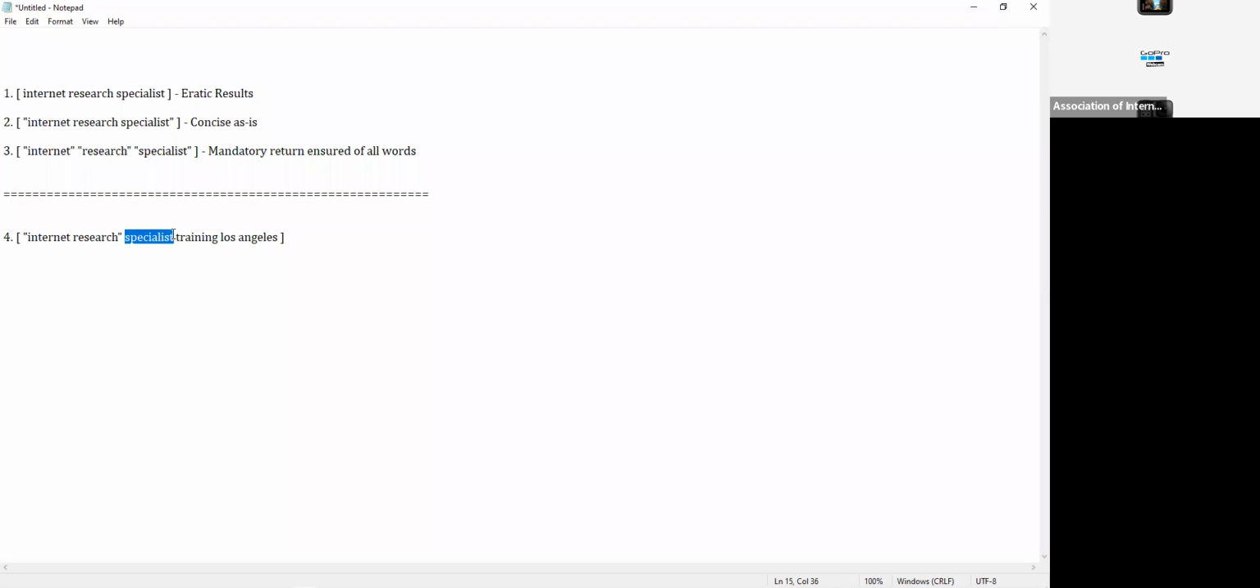A specialist can be different. This word can be substituted. So I'm just going to leave it open. I'm not going to enforce it. I'm not going to put it within quotation marks. I'm going to leave it open and loose by intention. However,